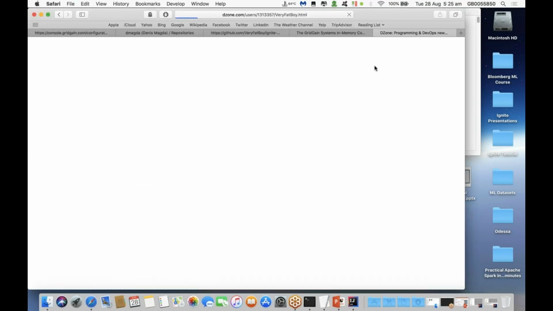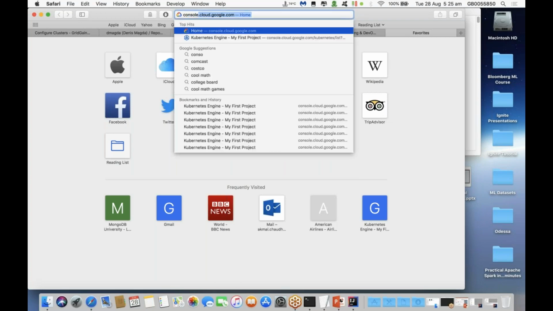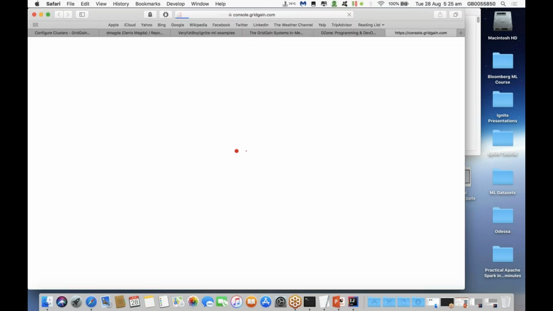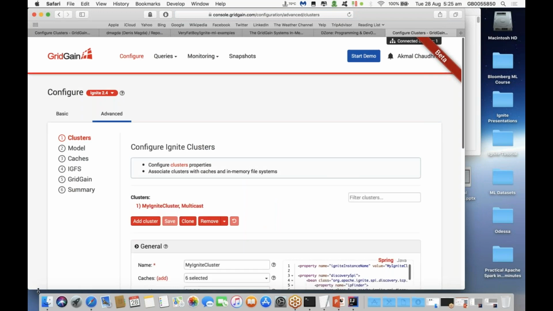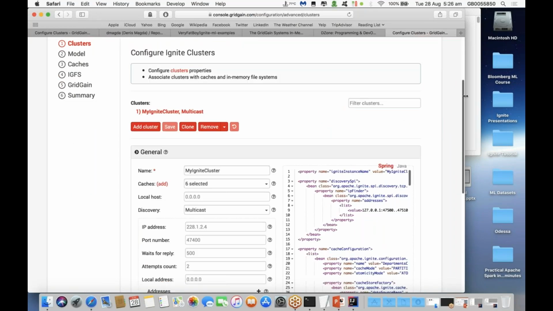And then what we can do is, let's have a look, open the console. There we go. Okay, so if you look right in the top right-hand side here, just under where it says beta, you can vaguely see it says connected to cluster. So it's connected to a cluster, which it has been able to find. The web agent is talking to the cluster, and then this web browser is able to talk to